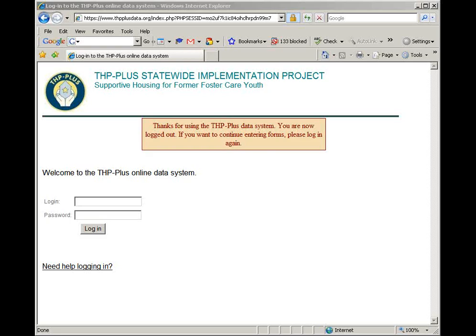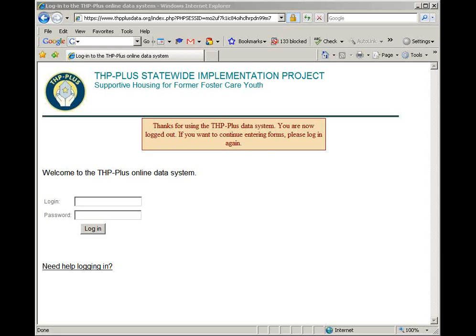One question was, what is the CWS CMS ID number? And if we assign a number in the program, do we enter that number? That's a very good question. The CWS CMS ID number is a unique identifier that is assigned to children and youth in the child welfare system through the case management system. And so this is not any number that is assigned by the THP Plus program.